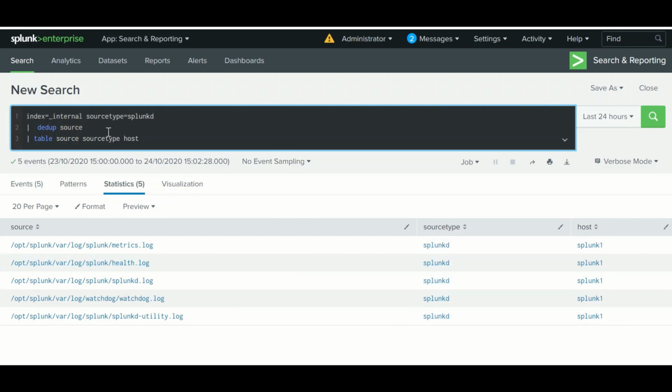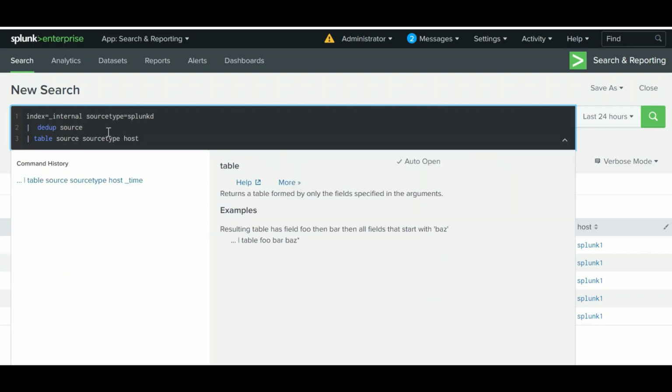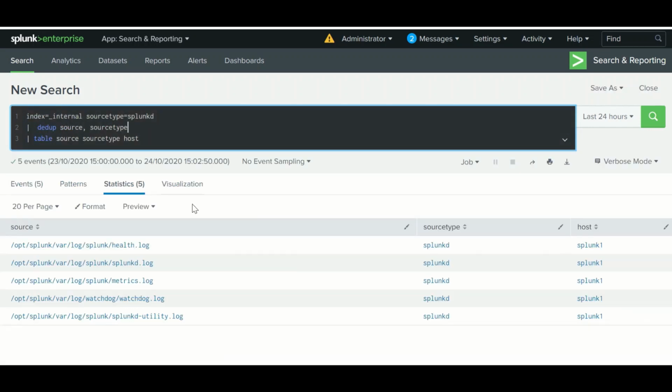Now if you want to dedup on the basis of more than one field, you can do that as well, source and sourcetype. You can consider this as a key value pair, and these should be unique. If I remove it, you can see the difference.